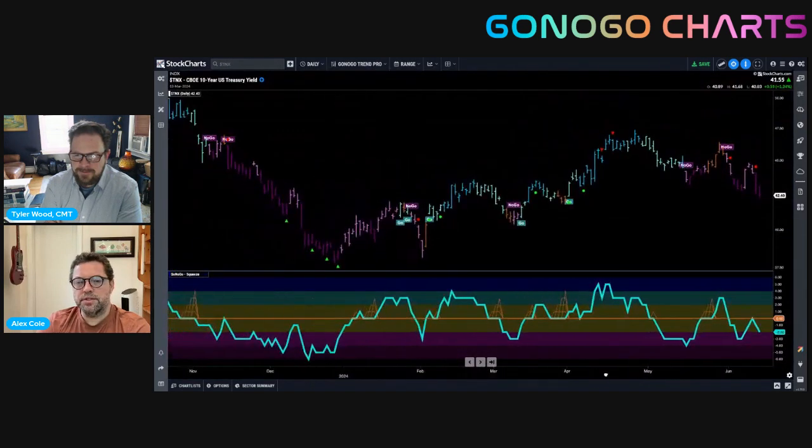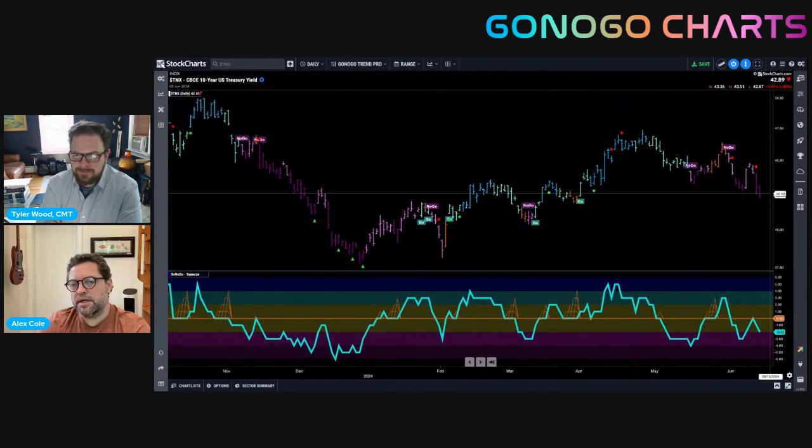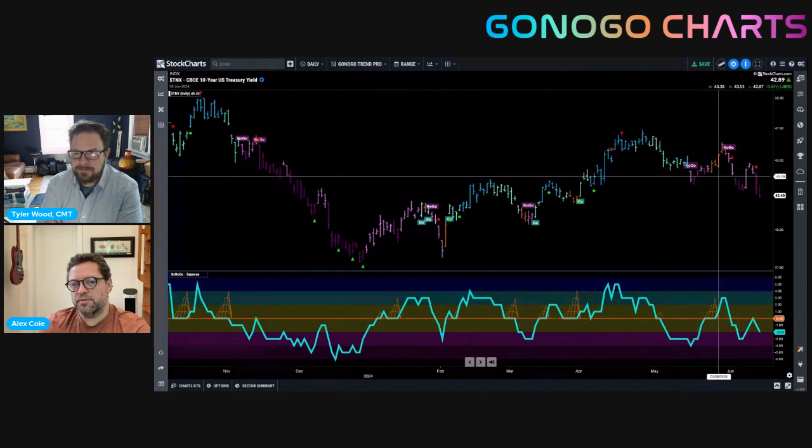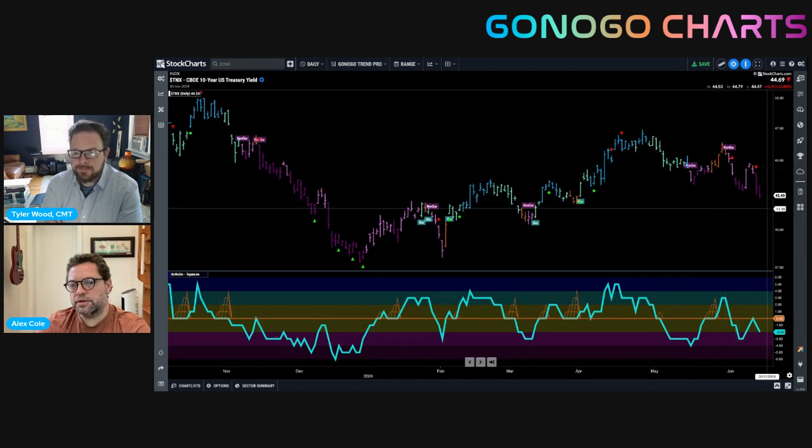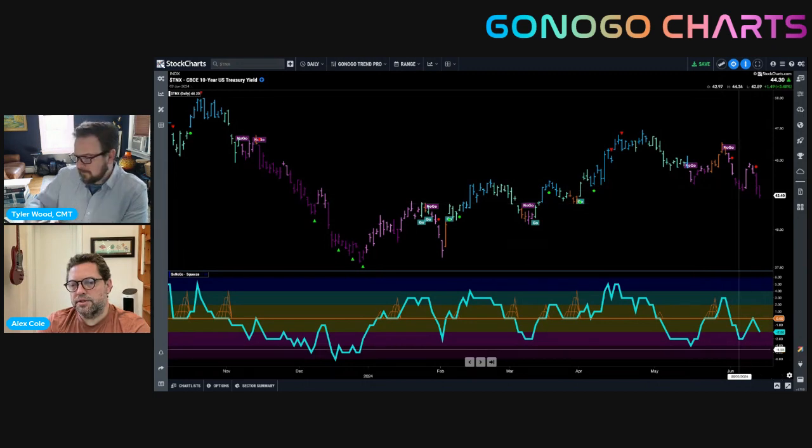Yeah, and Treasury rates have been doing their part to help a little bit by remaining in the no-go trend. We saw that strong relief rally, but we never got out of the amber bars. So we went back into a no-go, and now, of course, we're making slightly lower lows in the no-go trend with the oscillator below zero. Absolutely.